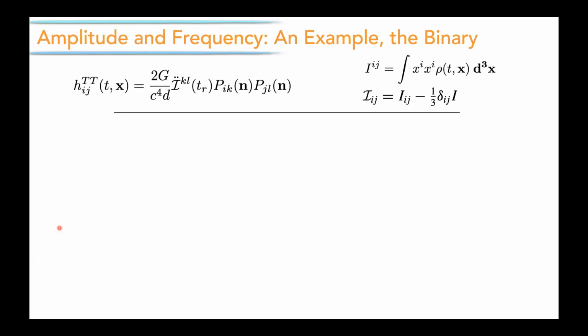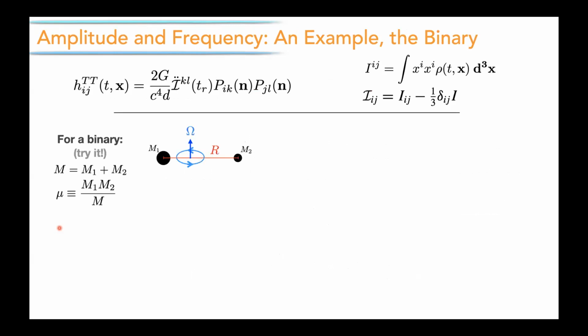Okay, so we're back to this solution, and I wanted to now do the classic example like Johan did for a binary. So we have this binary. It has two masses, m1 and m2. And it's often really convenient to write this reduced mass, mu, which is just defined this way. And our binary is orbiting at some angular frequency omega, and it's separated by some separation big R. And you can go through this. It's a nice calculation to do where you write down this version of our quadrupole moment tensor,